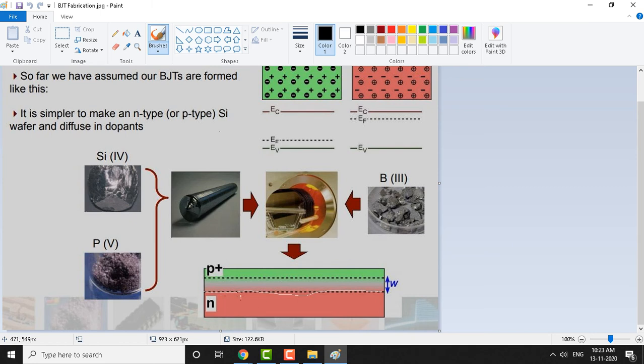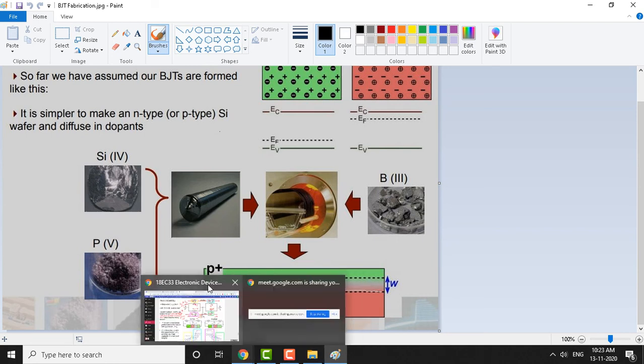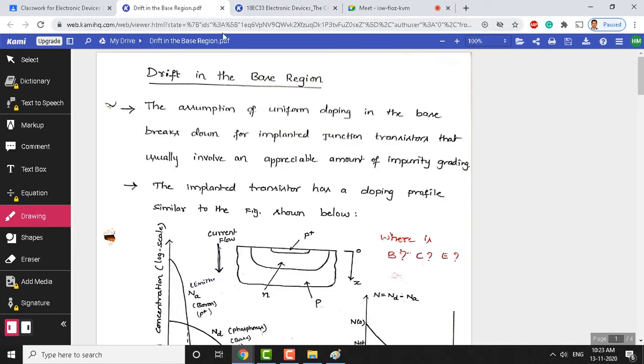If you start with p type material as the base material, you can dope it with the n plus doping substance. On top of this, it makes the n plus p diode also. This is how the PN junctions are fabricated. With that, you can also understand how the bipolar junctions are fabricated now. This gives a hint and an idea for the next topic which we are going to discuss, which is the drift in the base region here.